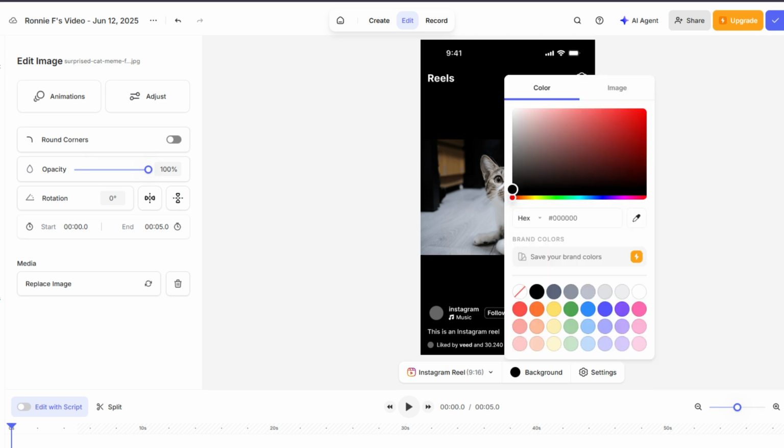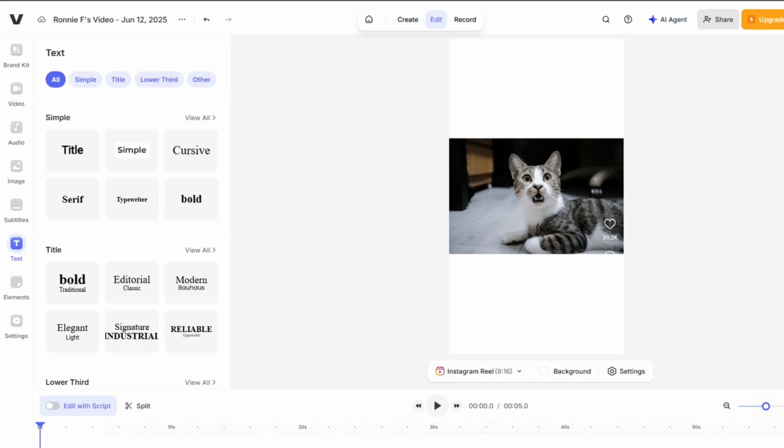You can also change the background color. By clicking on background, you'll see this color option pop up. I'm gonna choose white. Now in order to add a text, just from the left bar menu, click on text